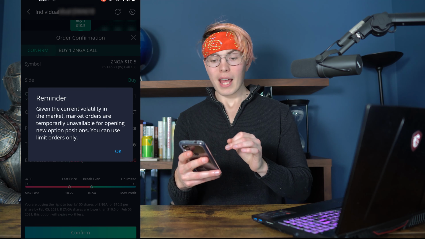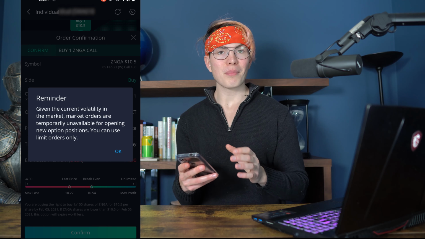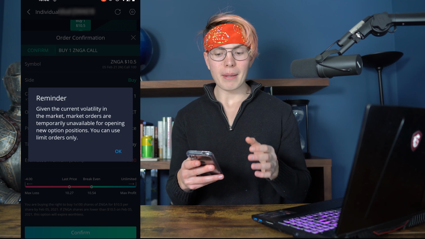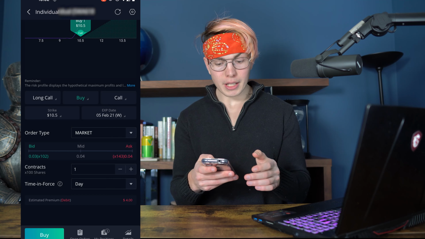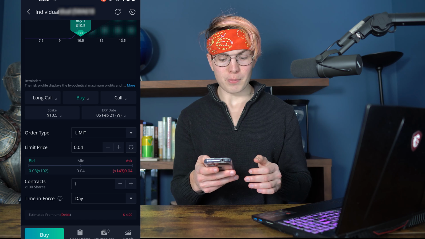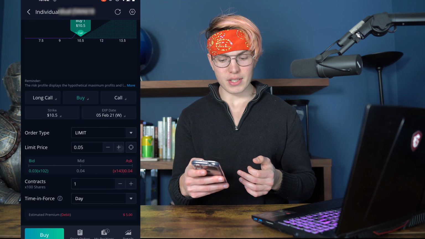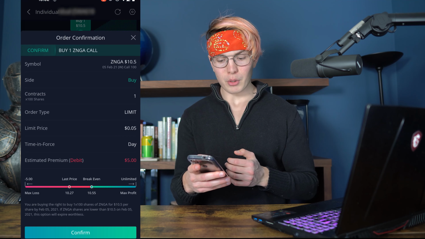We're going to press confirm here, and apparently, according to the current market volatility that we're experiencing, you cannot buy market order options. So we're actually going to have to go back here and buy a limit order option on this particular contract. I'm just going to set the limit price to 5 cents just so it actually executes, and we're going to press confirm,